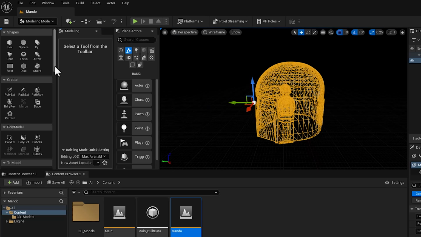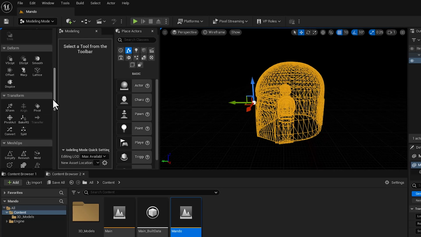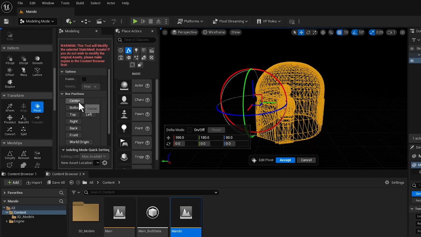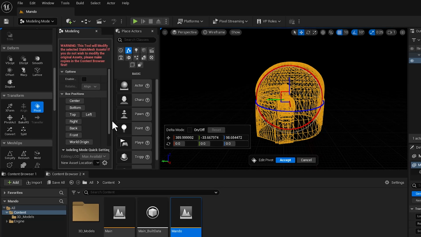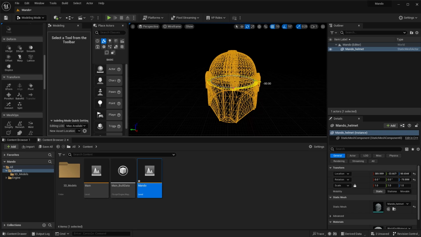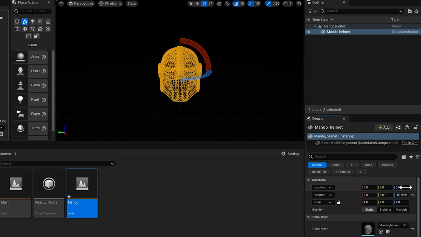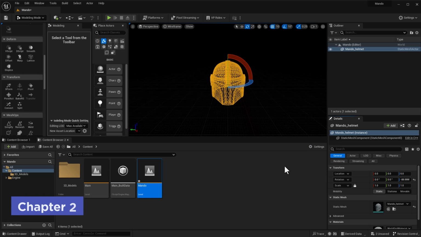And I'm just going to look for the one that's for the axis, and we'll find this under transform, and we'll have the pivot right here. I'm going to select this, and I'm going to tell it to be at the center, and then I'm just going to hit accept. So now the pivot point, if I hit W or E or R to rotate, let's say we go with that E to rotate, we can see that we're rotating around the center, rotate it 90 degrees. Let's also make sure to put it right at the center of our universe, right here, and I just reset on the location. Okay, so now we're set up to start working on this and have the lights move around the helmet,